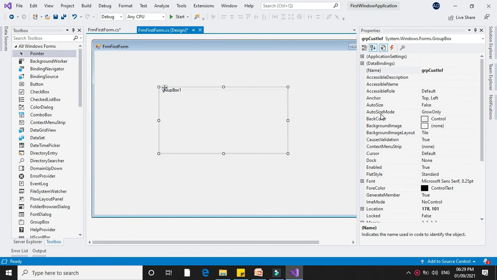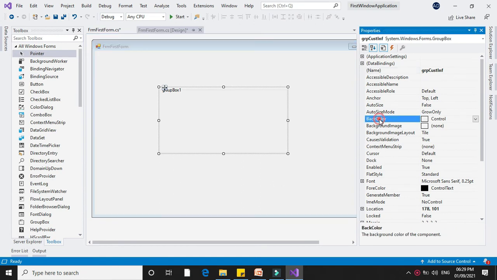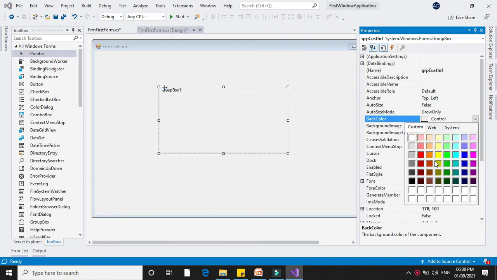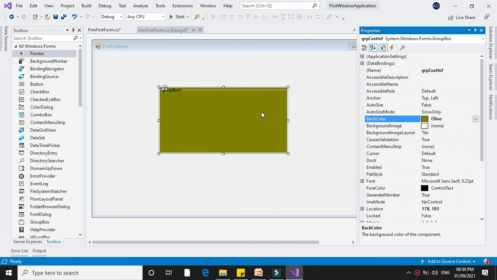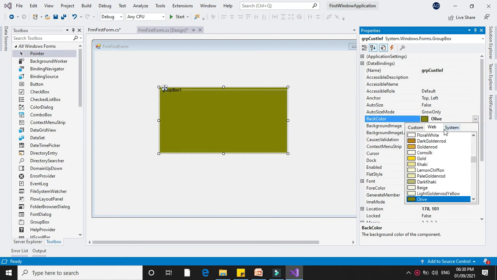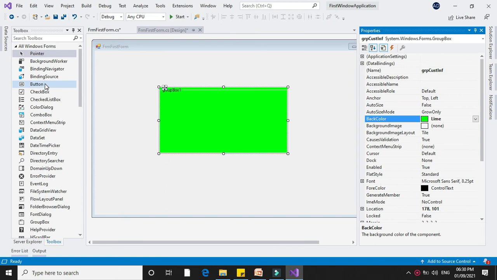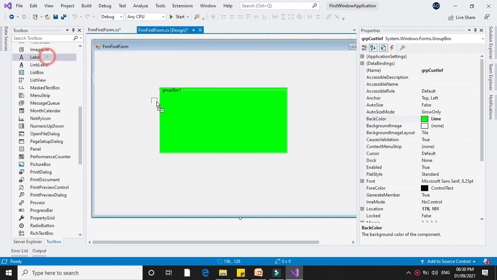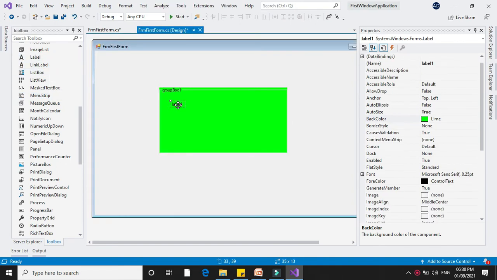Next property is back color, which is used to set the background color of a group box. So if I select this, it will change the background color. If we add controls on it, suppose I add a label, it will get the background color similar to your group box, since group box is a container control.